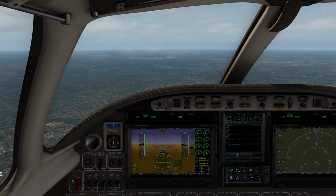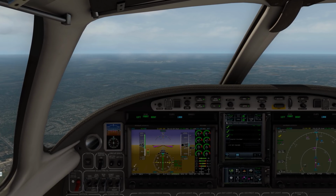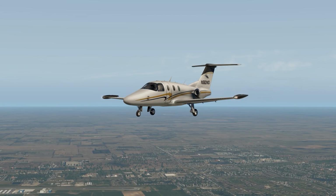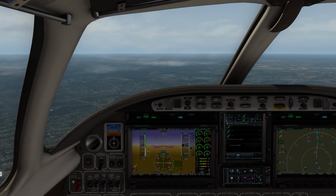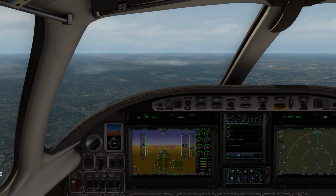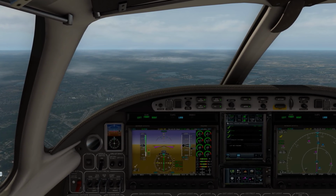Okay. Approach looks pretty stable right now. It's bringing the nose up, trying to maintain the glide slope. Tracking perfectly fine on the localizer. Winds are pretty much calm. And we are clear to land. We're going to kick it a little bit here. Get about 120 knots going. It does slow down pretty fast, so... Like I said, it's a jet, but it behaves like a GA airplane. Especially whenever you're in the approach phase, so...